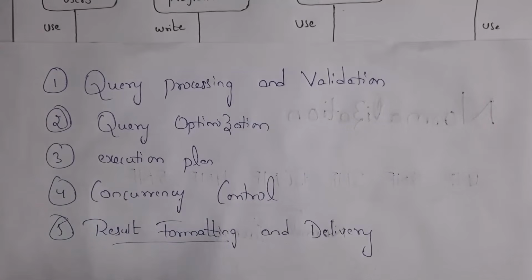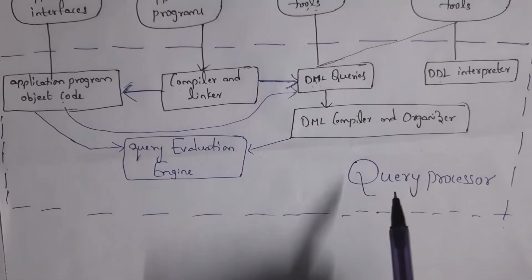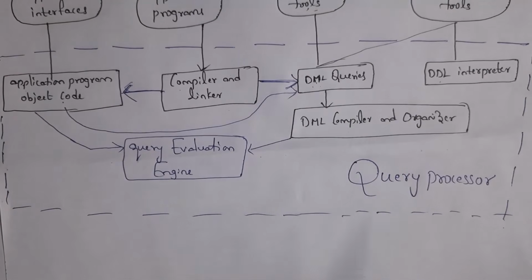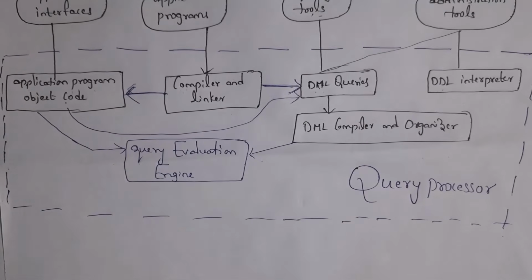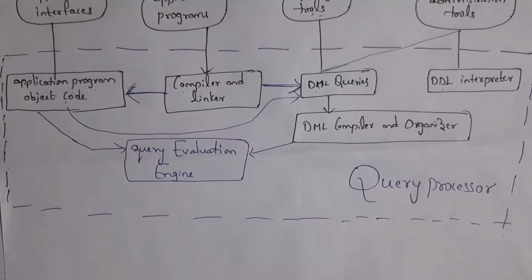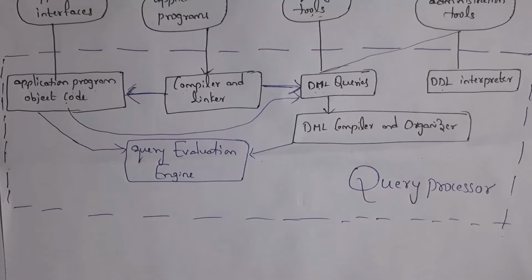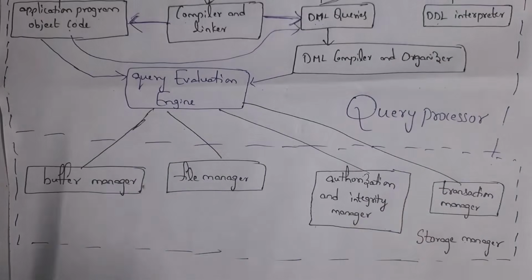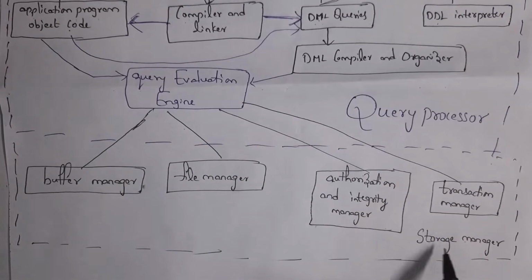Guys, in the exam you may get a separate question like "explain query evaluation engine." Then you can write this answer. Guys, this database system architecture contains two components. First one is query processor components and second one is storage manager components. All these are components in the query processor. The main function of this query processor is to convert high-level language queries into low-level language operations. These high-level language queries are written by using SQL. First functional component is query processor and second functional component is storage manager.